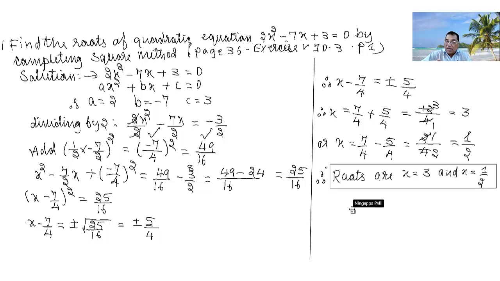Please look here. I told you the algorithm in the earlier class. Once again, revise it and remember it. First step, write the equation in the form of ax square plus bx plus c equal to 0. Second step, transfer the constant term to the RHS and divide the whole equation by a. Third step, add the square of half the coefficient of x on both sides. Last step, write the LHS as a plus b or a minus b bracket square.